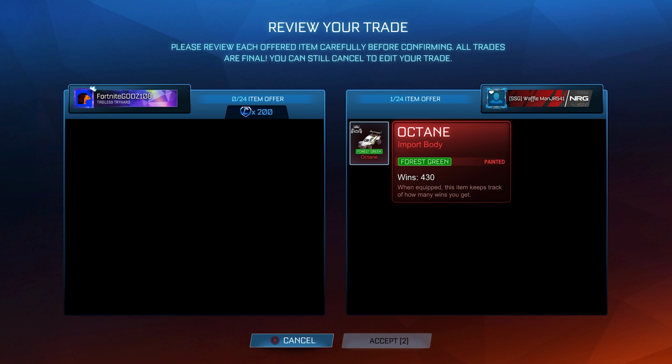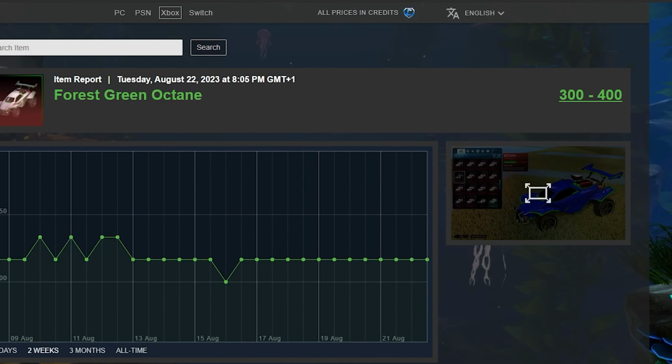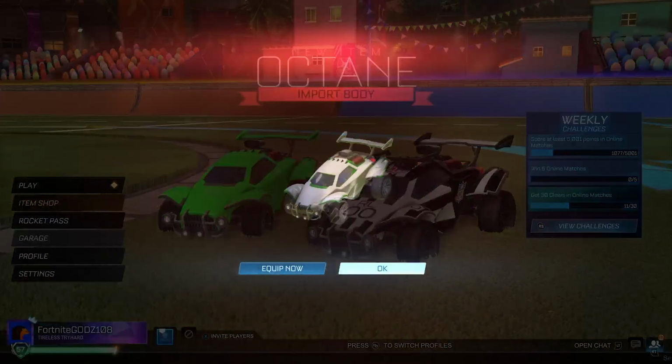They still can be very good for making profit, especially painted Octanes. I'm picking up a forest green Octane, 200 credits. That is 100 below the minimum value, and I might even be able to sell this item for the middle value, which will allow me to get 150 credits profit, which is not bad at all, especially from an item